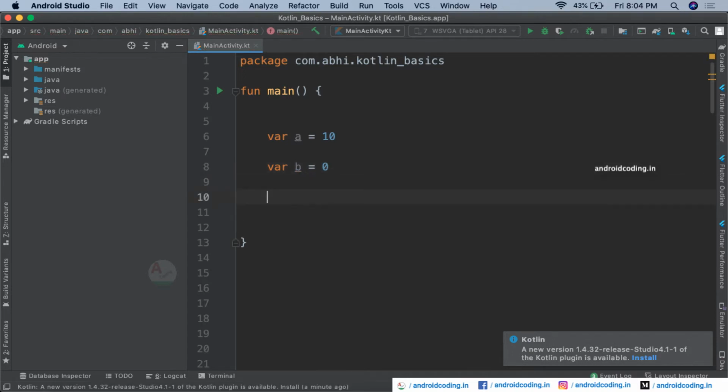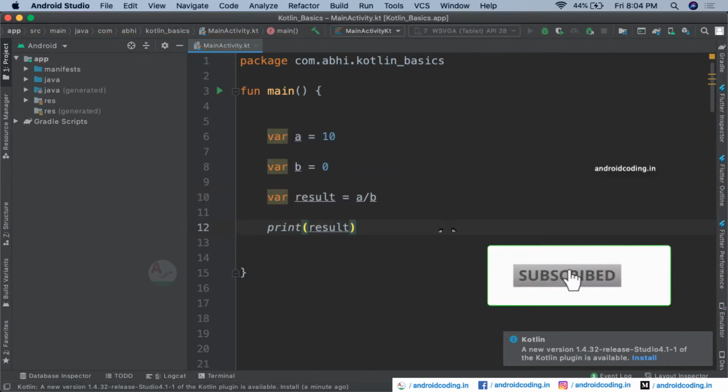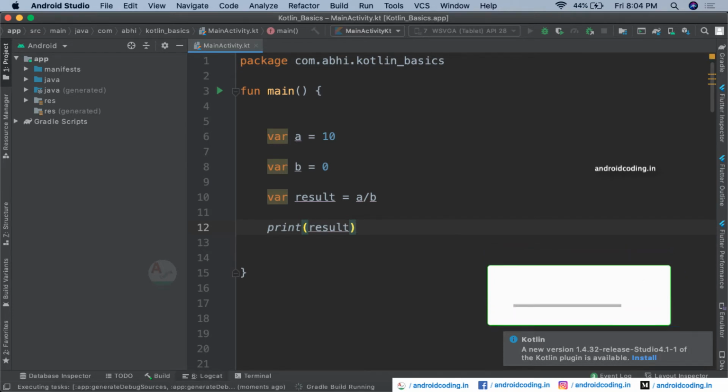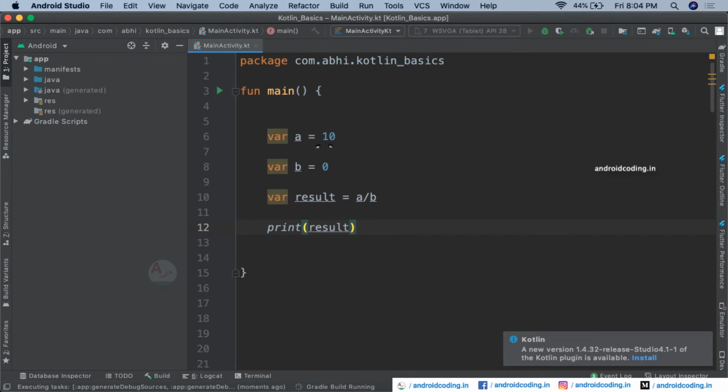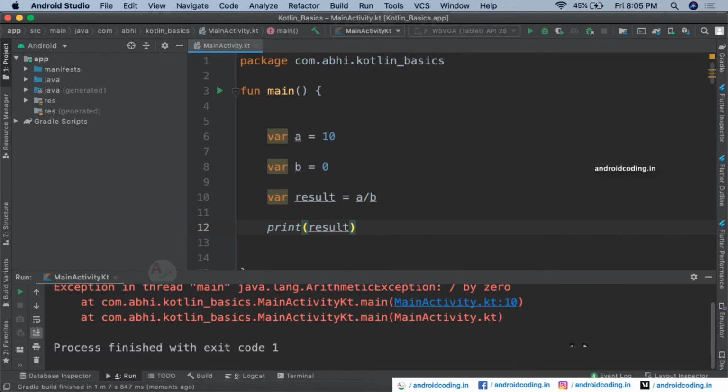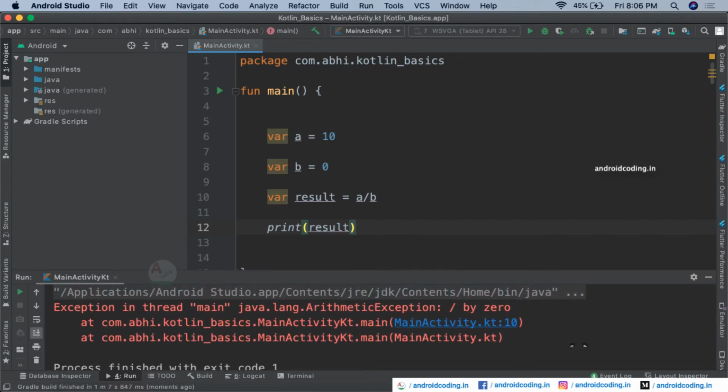Now when you try to divide a by b and print it out, we run this piece of code and for sure we get an error here. Why? Because you are trying to divide 10 by 0, and here you get an arithmetic exception. So here you can see we have got an arithmetic exception because we are trying to divide by 0.